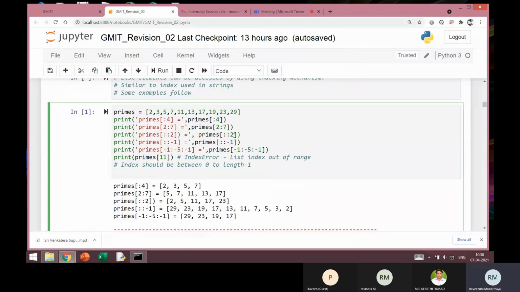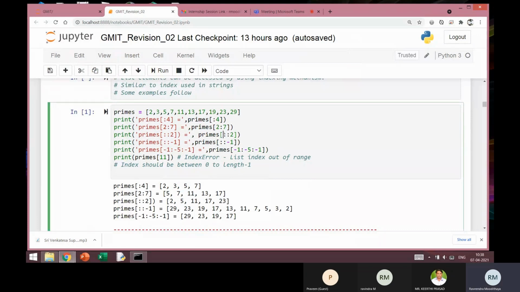So in this case, it will display every alternate number, because we have taken the interval 2, starting with index 0, ending with the last element. Every alternate element in the list will be produced in the output. So in the output, I should get 2, 5, 11, 17, and 23. And that's what I'm getting here.